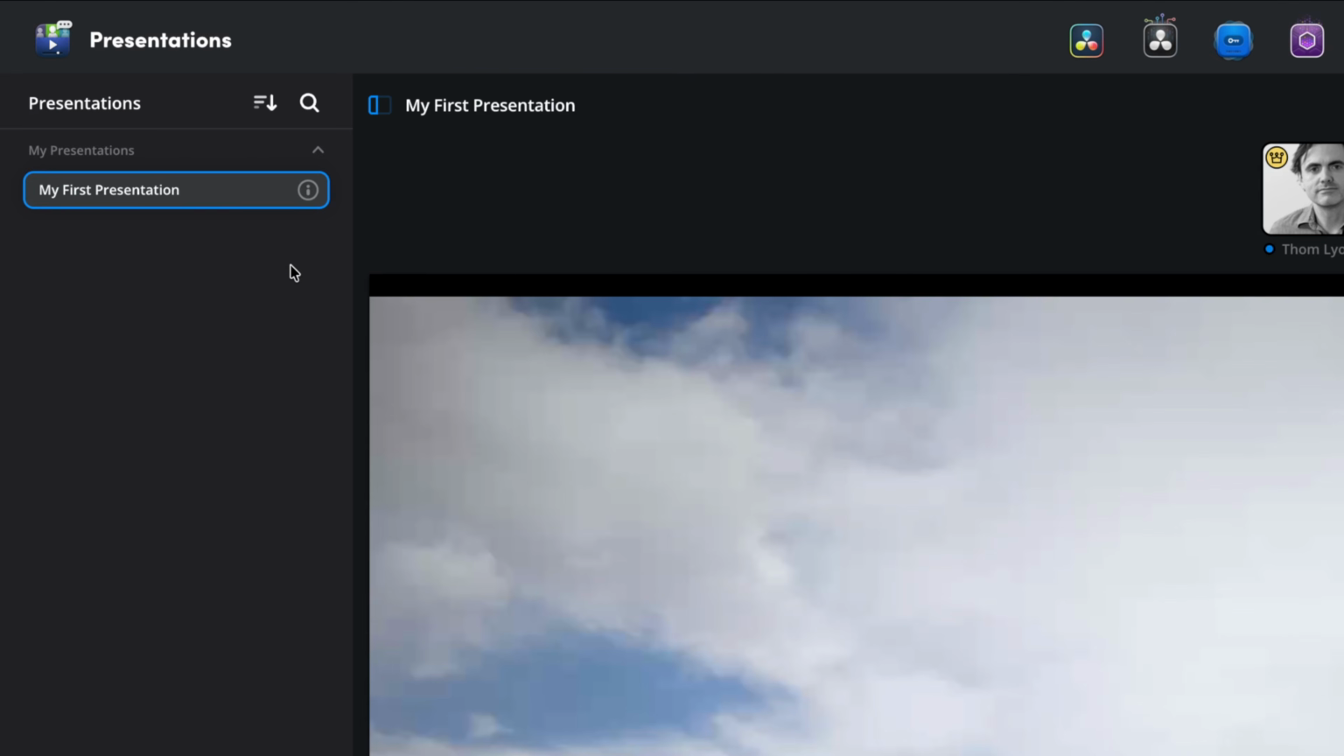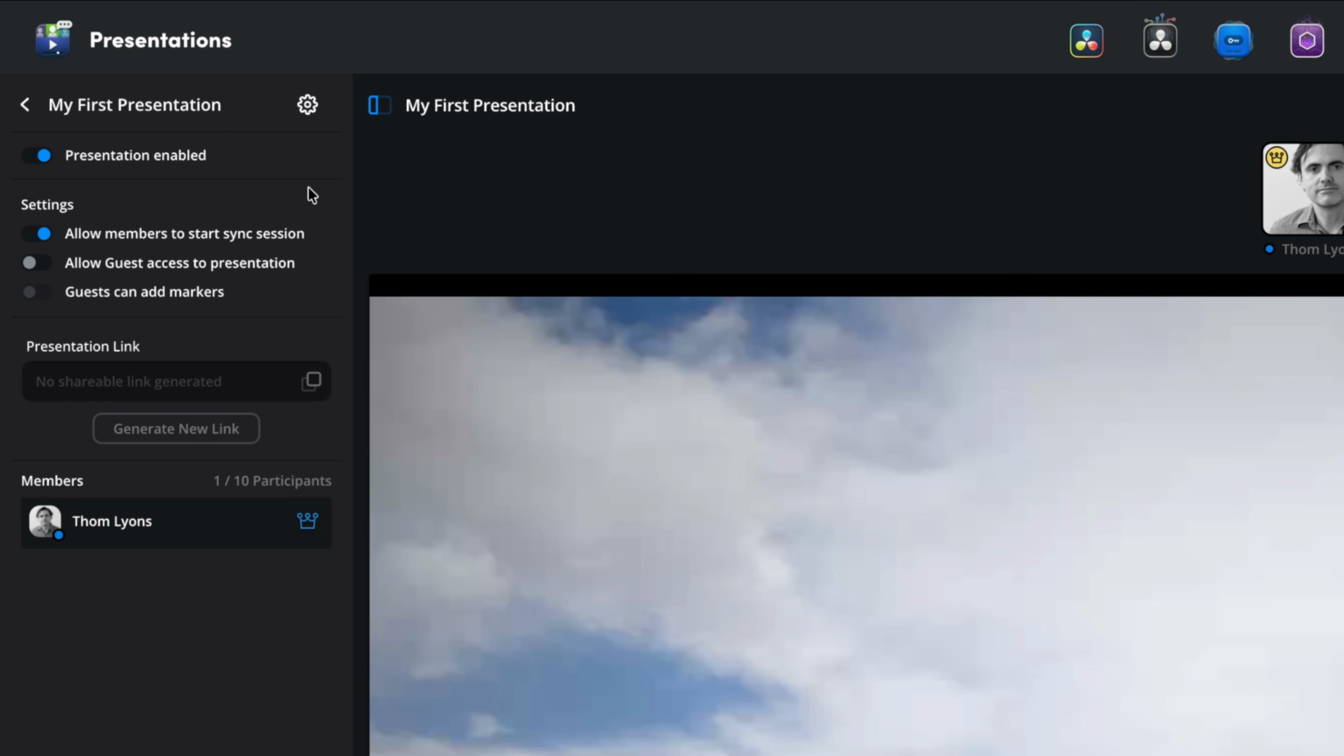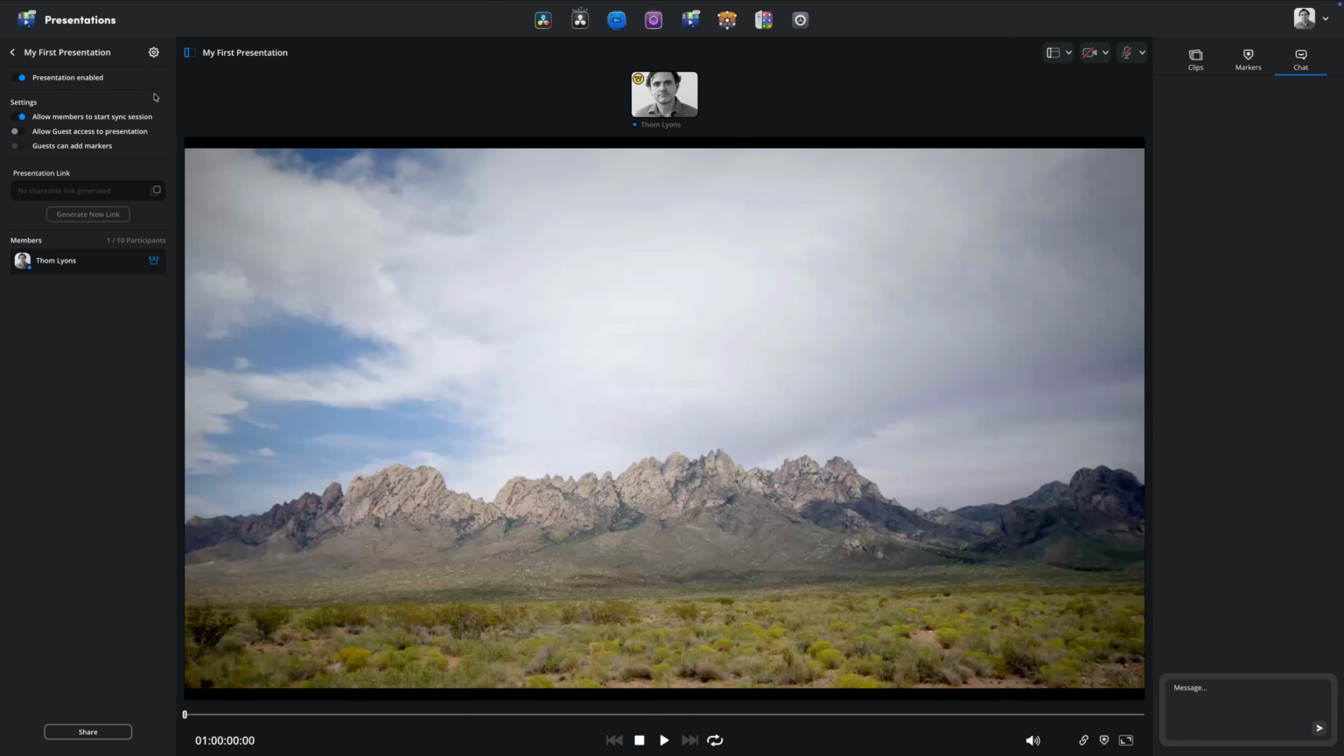With the left side panel open, hit this little information symbol next to the name of your presentation. The first option is where you can enable or disable the presentation. That won't delete videos or anything. It just means nobody else, including you, can watch anything. Before we get to the other settings, there are two different ways that you can share this presentation with other people. If you want to share it with other people you work with, press this share button at the bottom,